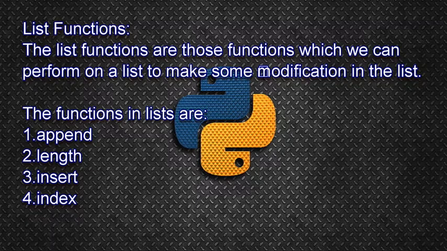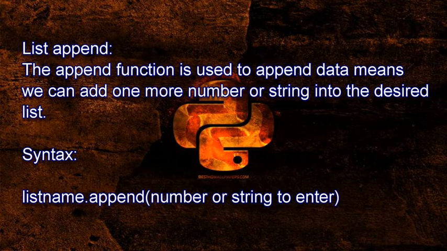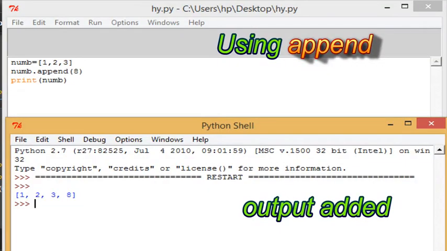With the list, we have some functions. When we talk about functions of the list, we have some ways to alter data with the help of functions that are present in Python itself, through which we can add data. Number one is the append function. Append is similar to adding a number. Say we have defined some numbers and need to add one more number. We write the variable name, dot append, and then the desired value that we want to enter, as you can see in the output.